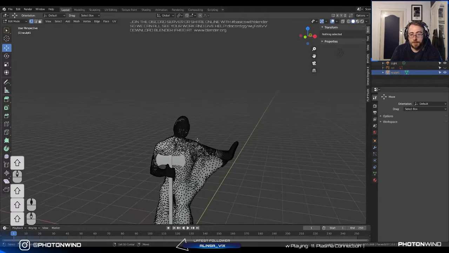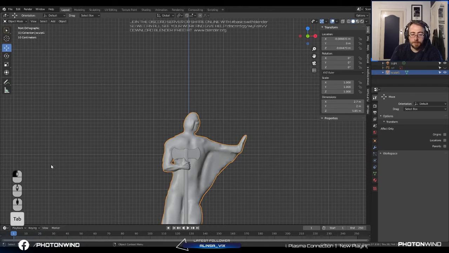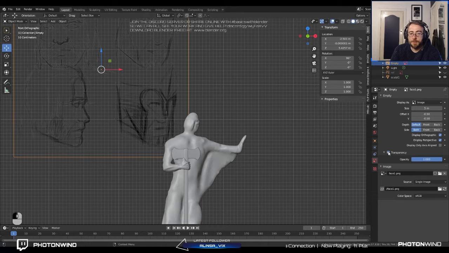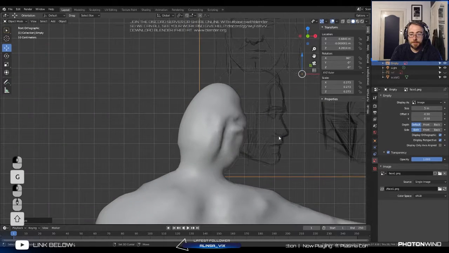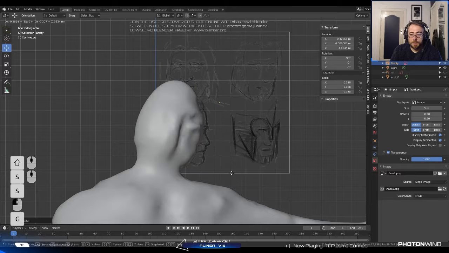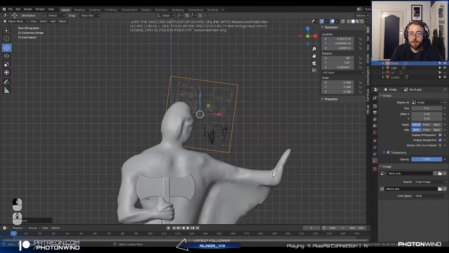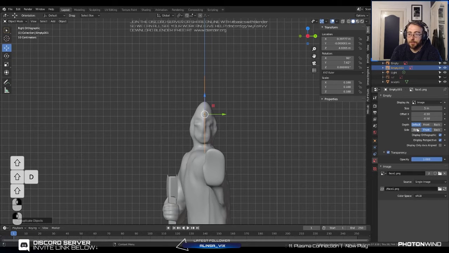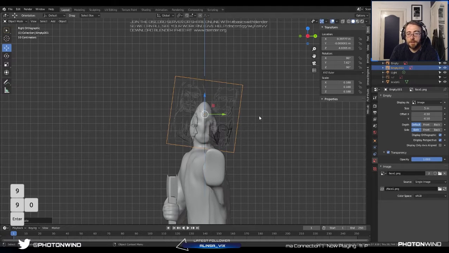So what I'm going to do is, I think I'm going to start at the face and I'm going to work down. So I'm just going to drag in my face. I can't be in edit mode. So my face reference image, I'm going to do the same thing of turning on transparency. I'm going to scale this down. I'm going to make one for the side, and I'm actually just going to Shift D to duplicate that and rotate it 90 degrees,